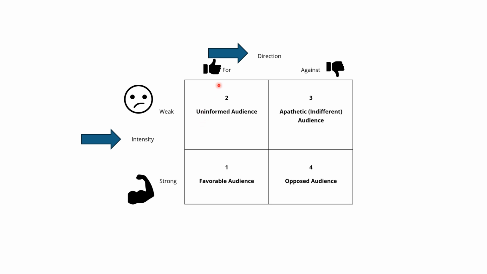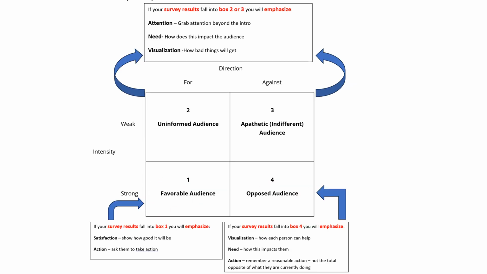So if your audience is kind of for you, but not super strong for you, it's probably uninformed. They may haven't thought about this a whole lot or never heard about it before. If the audience is for you and it's very strong, that's a favorable audience. If the audience is against you and it's very strong, that's the opposed audience. You're going to take your quadrant. You're going to determine which one of those it is based on your survey results. And sometimes there are a few people who are in a different direction, but you take the majority of the